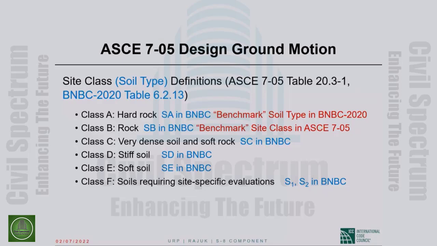Class B is like California rock, softer rock, which is to be found in the newer parts of the United States. Class C, very dense soil and soft rock. D is stiff soil. E is soft soil. F is soil so poor that to be able to design or build anything on it,